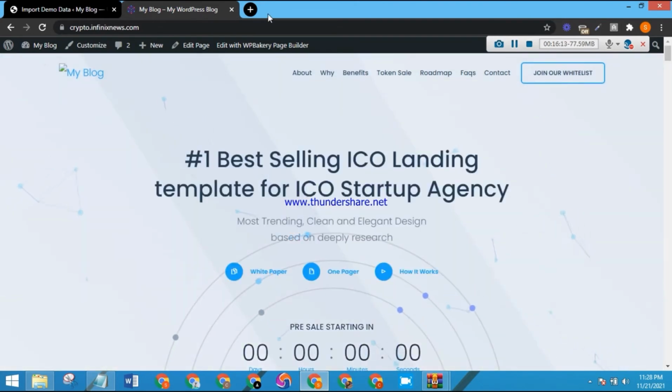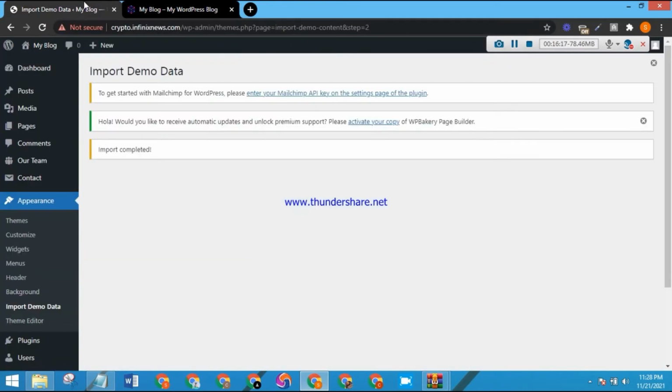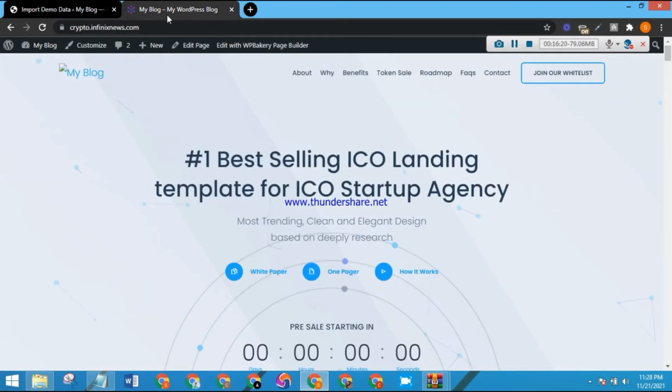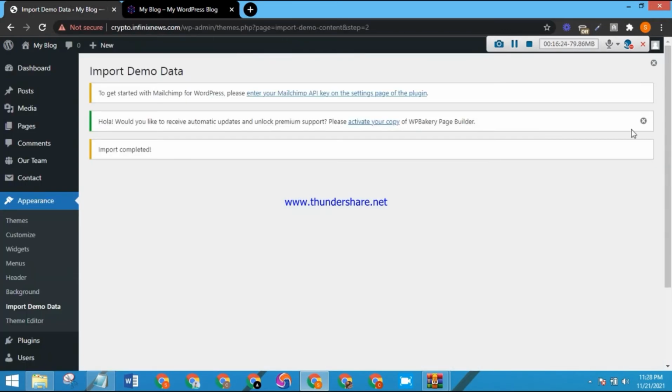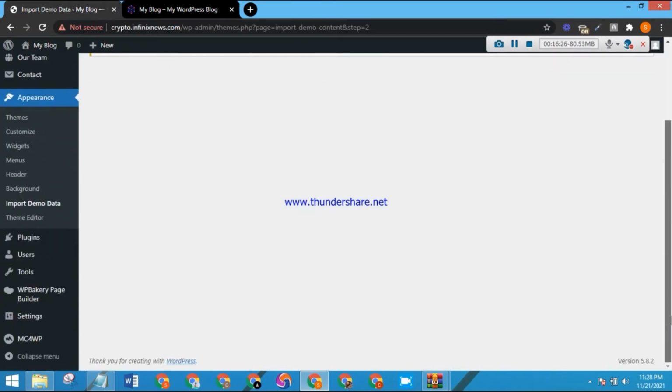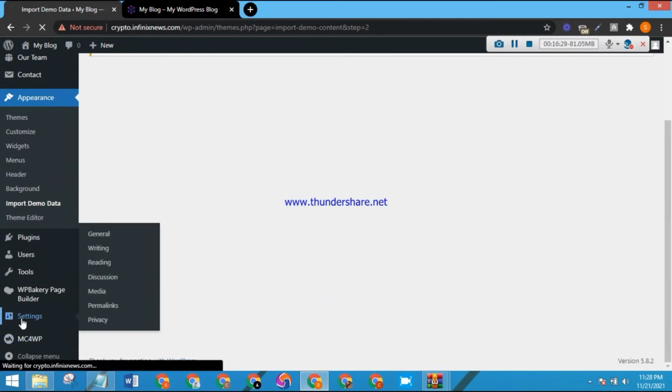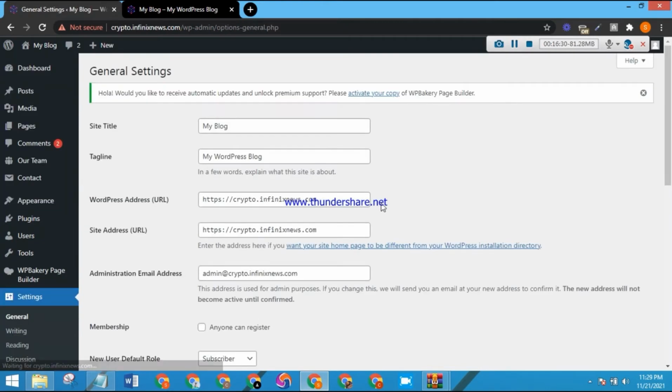So I'm gonna edit the website now a little bit, just to make sure I don't waste much of our time, so that you can be able to do it on your own. So let's do some basic settings before going to the website. These are the basic settings you have to do for a newly created website. So site title, you can change it to your brand name,